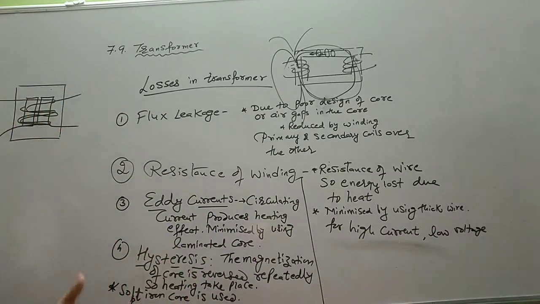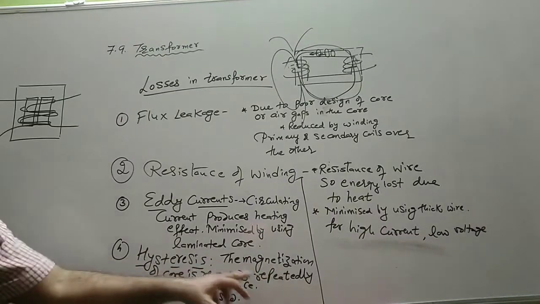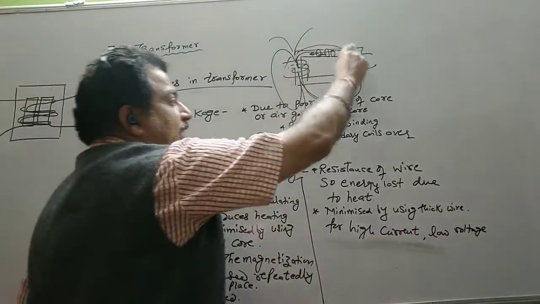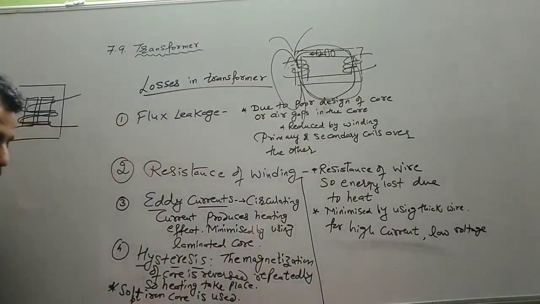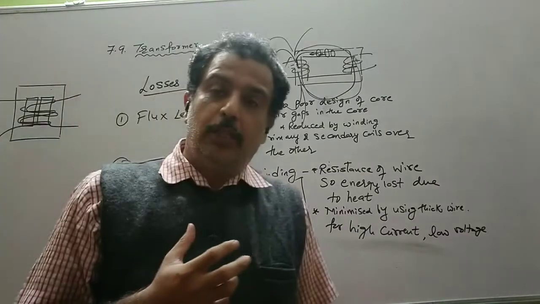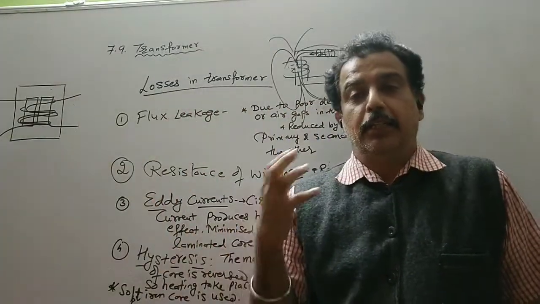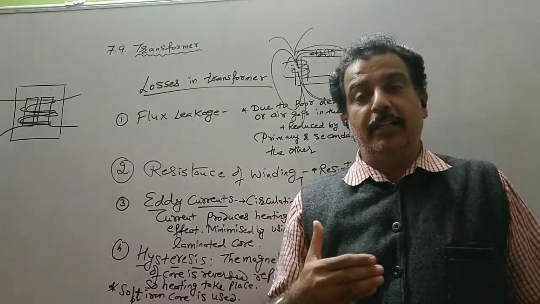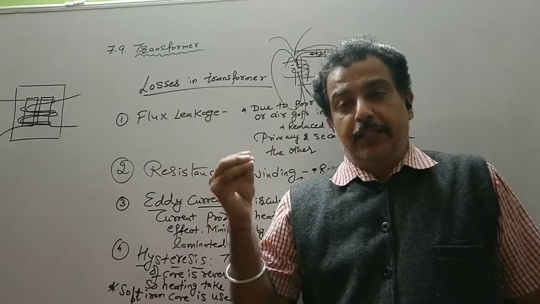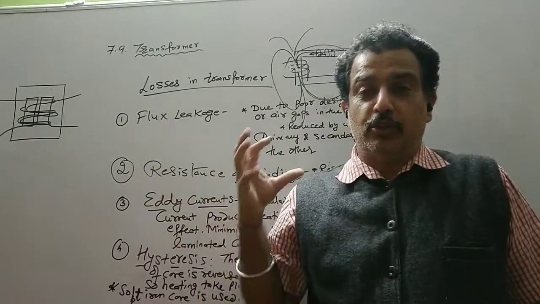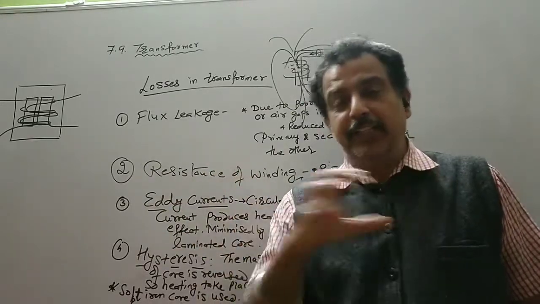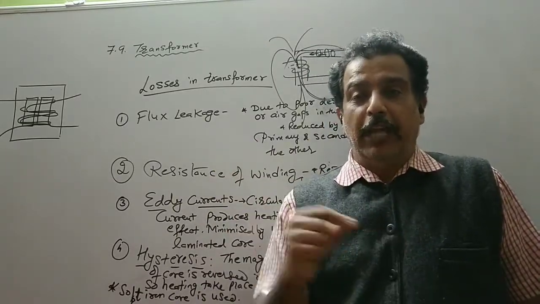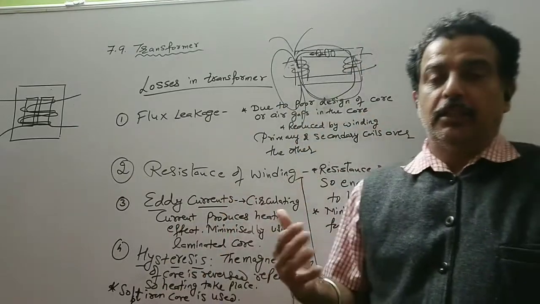Now what is this hysteresis? The magnetization of the core is reversed repeatedly. Say when the magnetic flux is increasing, we have used the soft iron core. Now why do we use a soft iron core? Earlier also I said the soft iron core has a property of getting magnetized immediately, because the dipoles of this soft iron core are immediately aligned in the direction of the field. So at the microscopic level we have discussed the magnetization process.